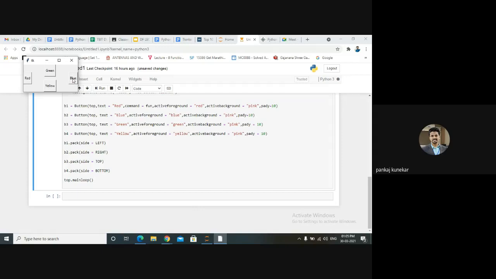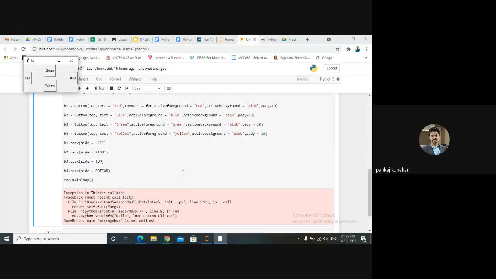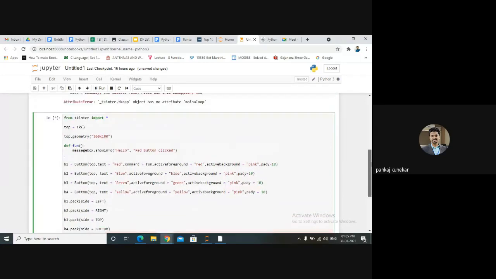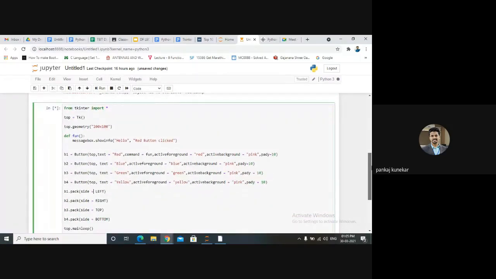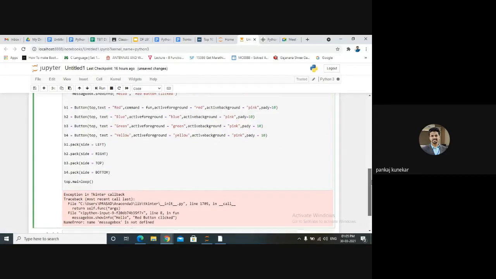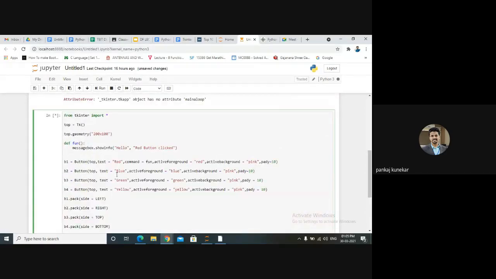Suppose I click on the red, the function is for red. Message box is not defined. I think there is some error. Okay, we will just rectify it. Message box is not created, so we need to create a message box first. We'll check that later, but this is the way we can call it.